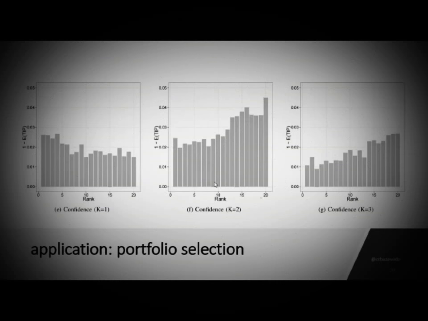Whenever I start to look more into the past, so I increase my window size, you can see that this situation is completely inverted, reversed. Now I'm more confident that the less risky portfolios will yield more predictable future performance. So suddenly, by just changing one parameter, by adding more data into my data stream, the behavior of the algorithm completely changes, which is very, very interesting.